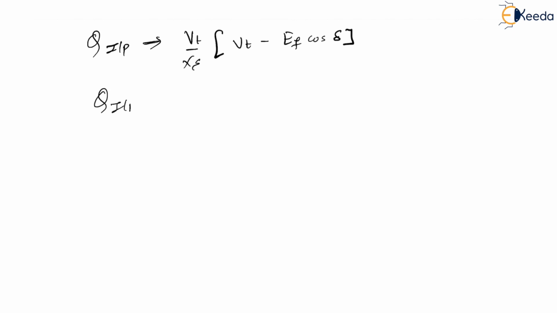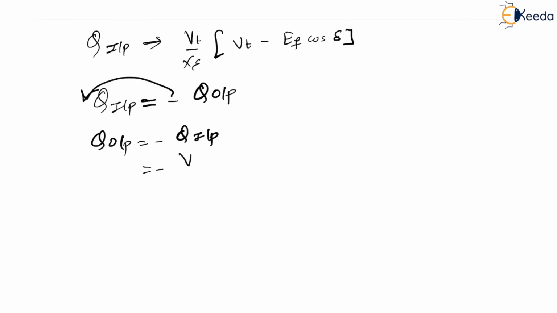Now, my point of interest is what? See, my point of interest is Q. We know that reactive power Q. What is Q? Now, definitely, in case of motor, if you see Q input, it is nothing but Vt by xs into Vt minus Ef cos delta. Yes or no? Yes. Now, if I think of reactive power, if it is this way, then can I say that output reactive power will be negative of this one? Same story, we have seen this earlier as well, no? Correct? So can I say that Q output is nothing but equal to minus Q input?